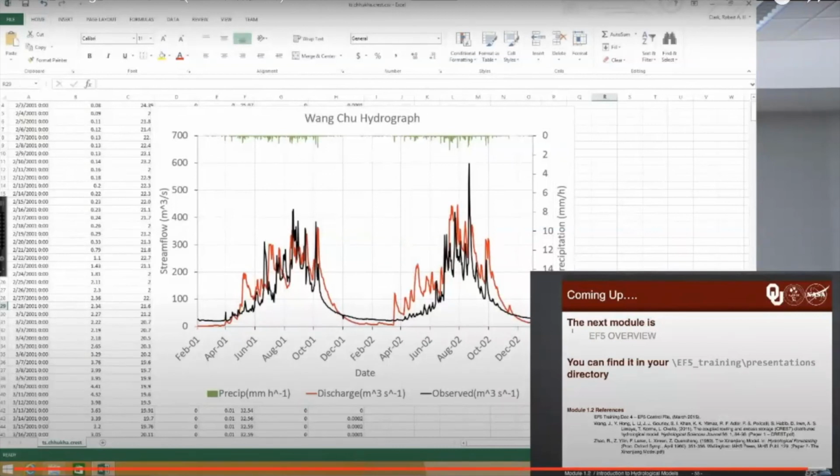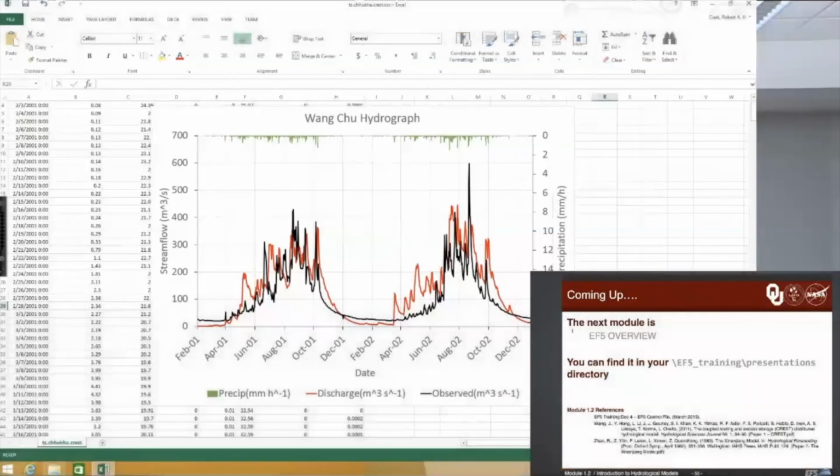about putting some numbers to these results. We can see the red, we can see the black, we can see the green, but we don't really know